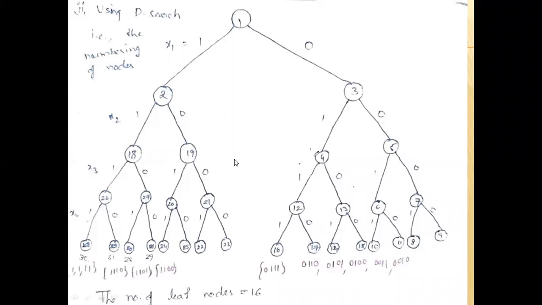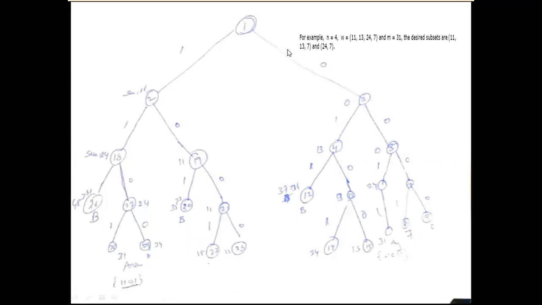By using backtracking, you search for the solution from the root node. First we start at the root node. The root node is the first live node. The live node is expanded by generating its children.